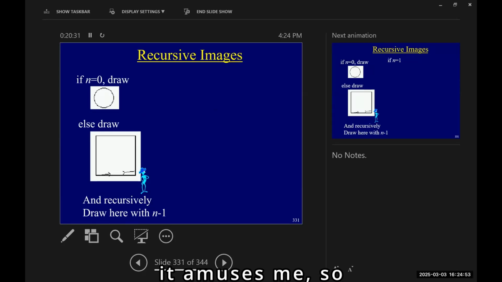It amuses me, so I do things that amuse me. And again, the first year that I was teaching here, I made people code this up. All right, so it's a program that draws pictures, and the input consists of a number n and two drawings. So in this case, this is your n equals 0 drawing, and your n not 0 drawing,